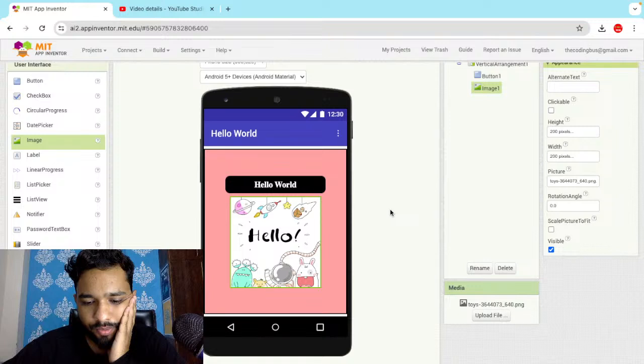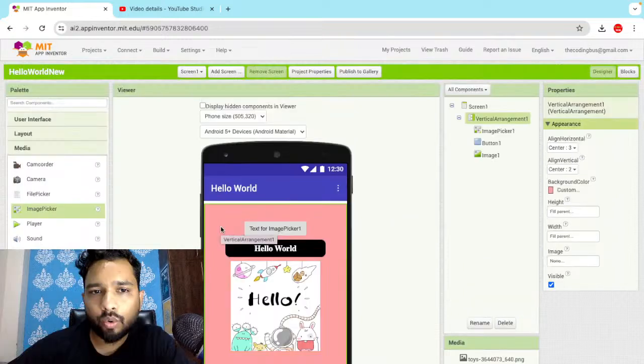So how can we do this? It's simple. We have the components in the left side, and we'll find the image picker. See the image picker option. You will see the button, date picker, image, picture, media, and the image picker. Drag and drop this image picker like this. Once I click on this, it will redirect me to the gallery, my phone gallery. Once you select the image, we need to do the code basics. Once I select the image, I need to get that image and pass it to the classification component. Then it will automatically classify the image, and it will show you